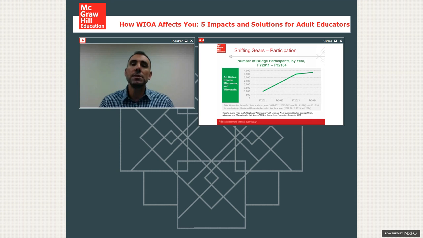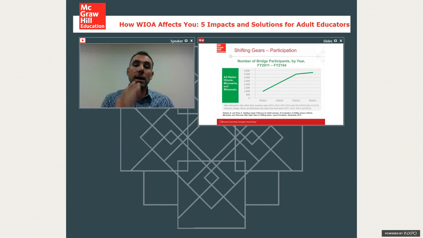So one of those initiatives that I was talking about earlier, and part of what Jobs for the Future was doing, was called Shifting Gears. This started in the late 90s, and it was a 6-year initiative that was funded by the Joyce Foundation and run by Jobs for the Future that involved 6 Midwest states, all Great Lakes states: Minnesota, Wisconsin, Illinois, Indiana, Ohio, and Michigan. And these states were charged with developing a career pathway system and figuring out what worked best for their state through funding that was provided by Joyce Foundation, and then formalizing that into actual career pathways for adult education within that